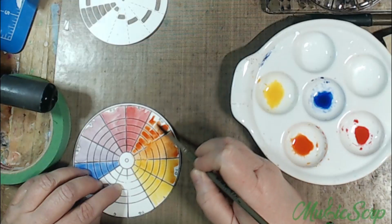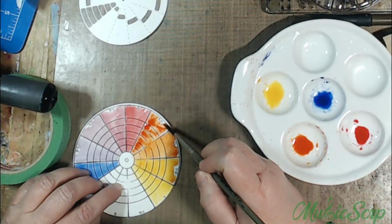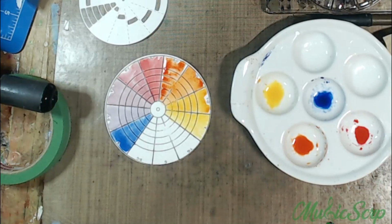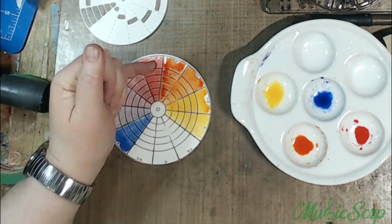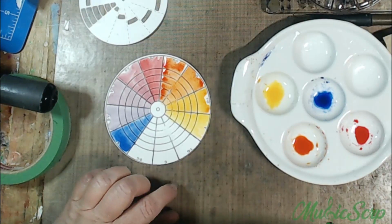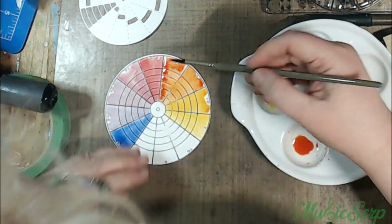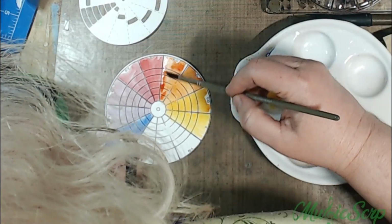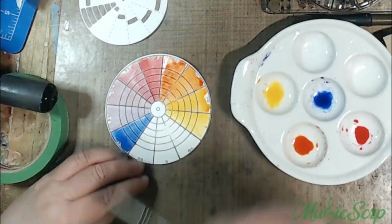I actually like, you know what? I like swatching with this. The VersaFine totally resists the watercolor. It's cool. It won't paint over the black lines at all. I don't know if you guys were noticing that as I painted. Oh, I guess it won't be good for the ones you're trying to show transparency of, but